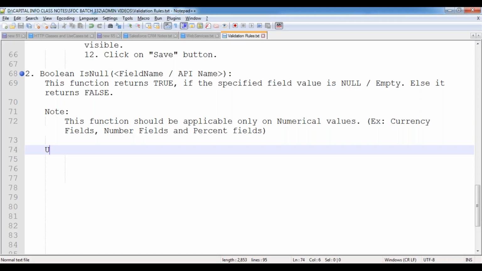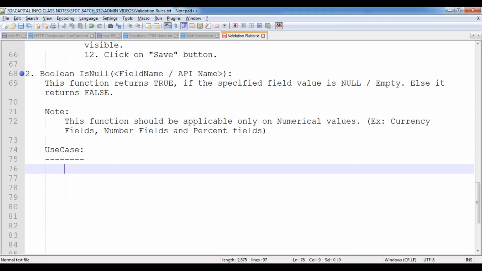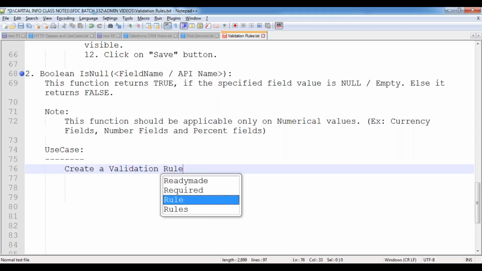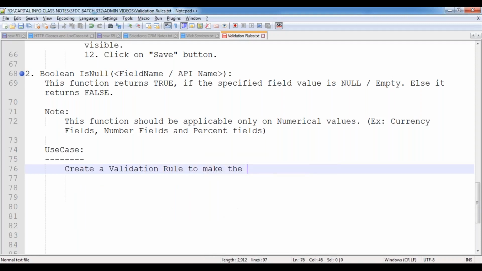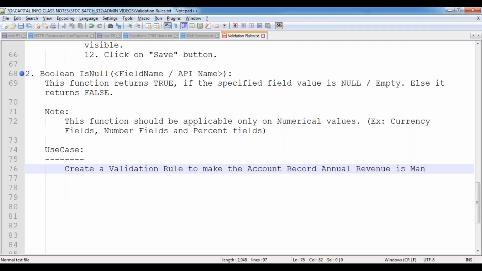Let's take a small use case. Now, create a validation rule to make the account record annual revenue mandatory.